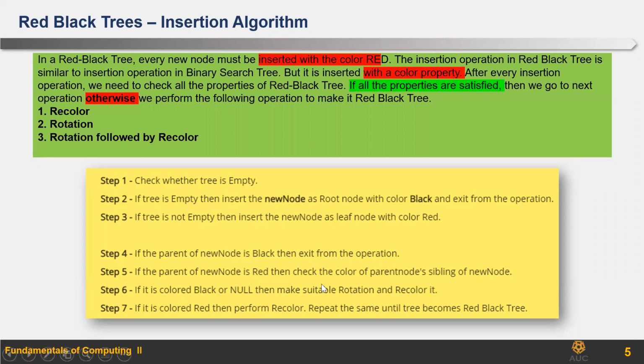Okay, what is the algorithm? The algorithm is as follows. If the tree is empty, I will insert a root, and the root is always black. So this is very easy. The first node you insert should always be black. If the tree is not empty, then